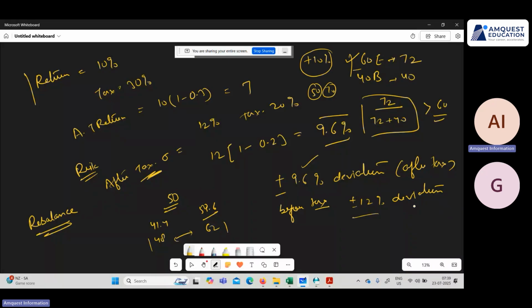And you know that every rebalance will cost me something. The reason being, there will be transaction costs for buying and selling. Then there will also be taxes involved, isn't it? For whatever securities you're going to sell, if they're in profit, you will have to pay tax. And while buying and selling, you will have to pay the transaction cost. Are you okay so far? Rebalancing is important, but we do not want to rebalance too frequently